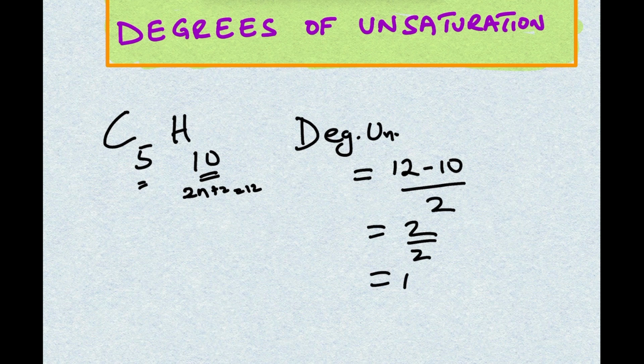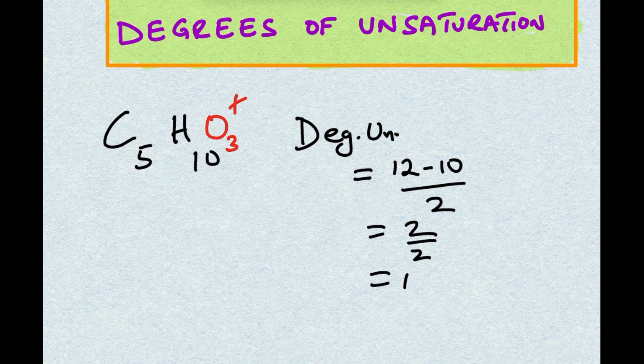So it has 1 degree of unsaturation. Therefore, that structure can be a cyclic system with 5 carbons, or it could be a straight chain with 1 double bond. Another example, if you have oxygen, let's say 3 oxygens, the number of oxygens does not